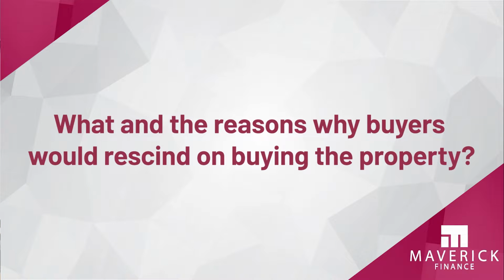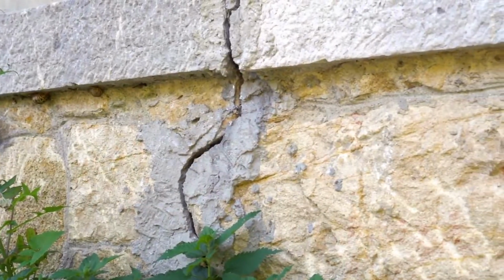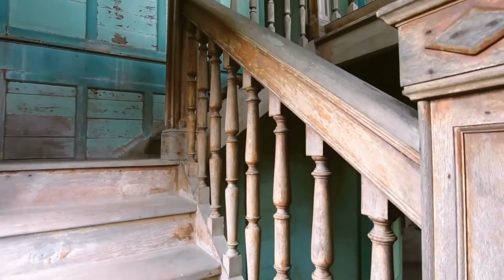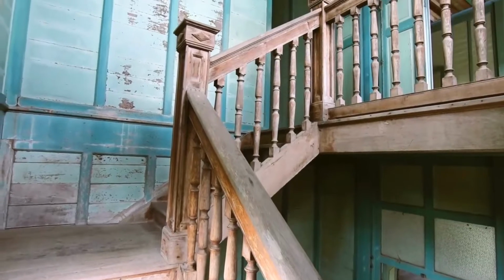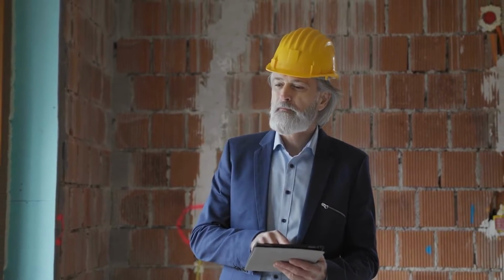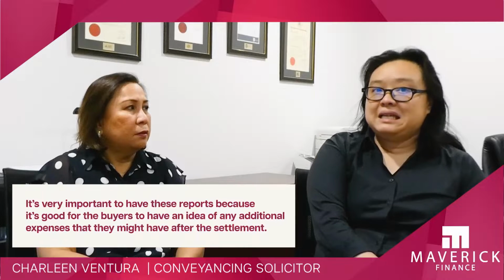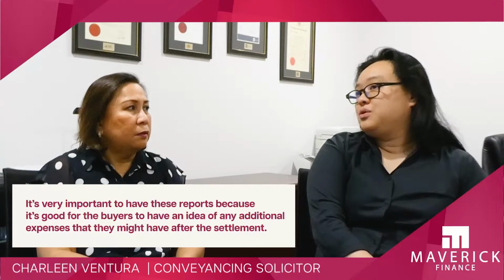What are the reasons why a buyer would rescind from a contract? Based on the reports. With the building and pest inspection, sometimes when the report comes back, there are defects. Let's say there's termite damage, or a crack in the foundation, especially if it's an existing property and it's quite old, like a 30-year-old house. There could be a lot of structural issues, or the condition's not that good, or there may be asbestos materials used in the property, especially if it was built before the 1980s. Because the purchasers are buying the property as it is, it's very important to have these reports, because it's good for them to have an idea of any additional expenses that they might have after the